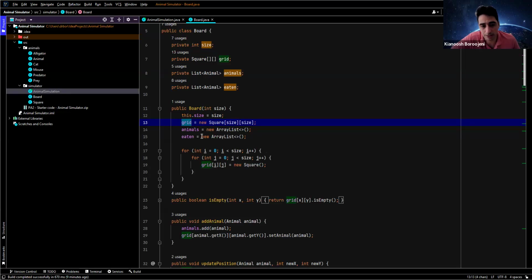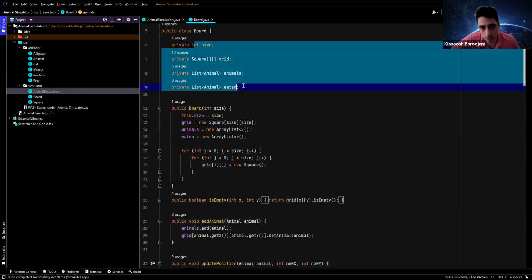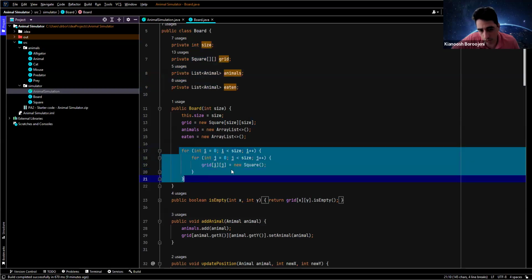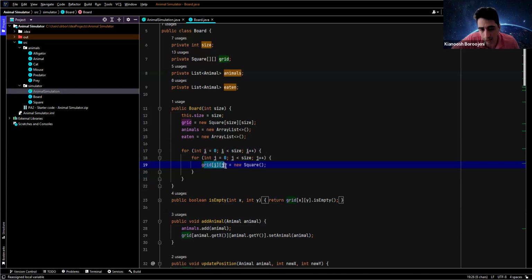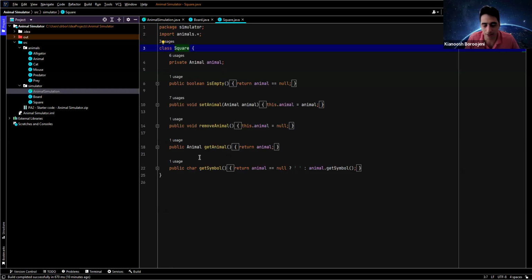So we'll see the details later, but I just wanted to tell you what the constructor does. And all of these are going to be instance fields. All of them are private instance fields that we are initializing in the Board constructor. And then in this for loop, we are just initializing every single square of this grid, which was a size by size square shape field, by calling this new Square constructor. The Square is another class in the same package, which is basically representing one cell of the